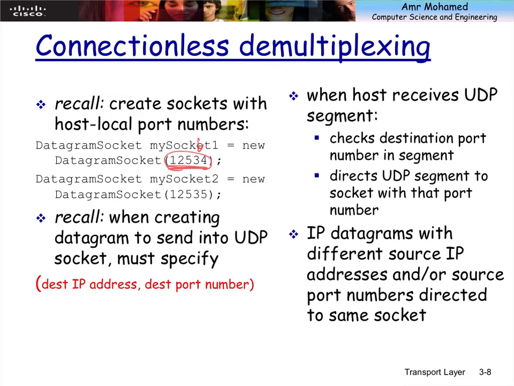Okay? For the case of TCP, because of the concept of the connection, the socket is identified by 4 different values: source port, destination port, source address, and destination address. So if you change any of these values, then we need another socket, basically, another socket buffer. But for